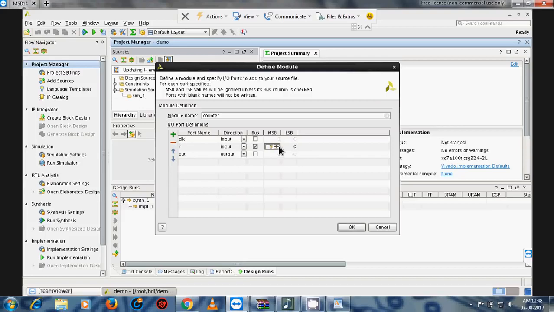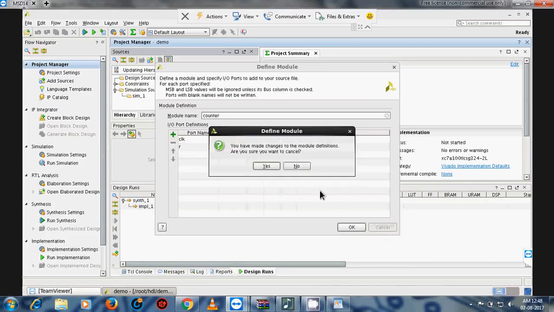If you want to create 3 bit, then we select 2, 0 to 2. If you want to go 6 bit, select 1, 0 to 5. So it will select 6 bit. If you want to remove anything, just do this. Okay, so